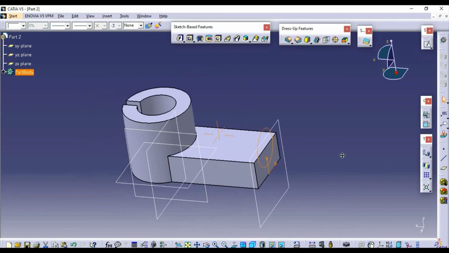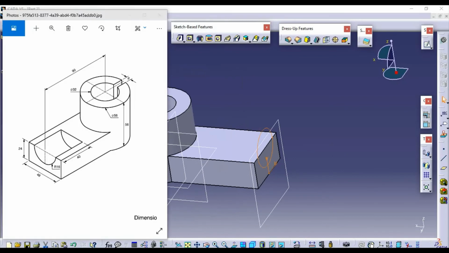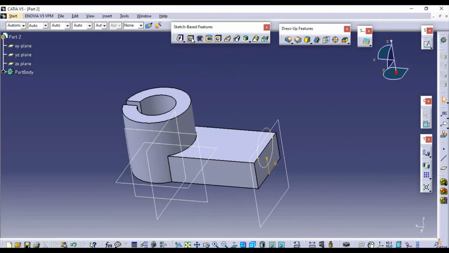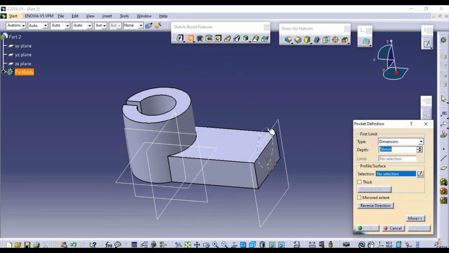We need to make a pocket of 40 mm from the edge, so we will select the Pocket option. Select your sketch and give the dimension as 40 mm. After giving the dimension, use the Preview option to check whether it is correct or not, and then press OK.